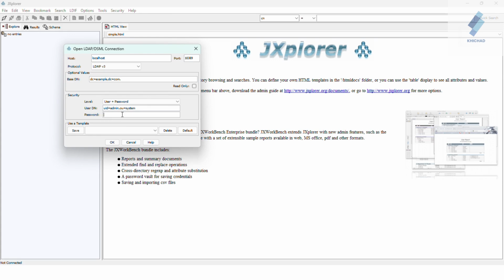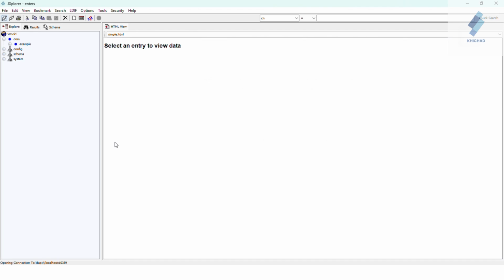So just click on it, enter the password and select the template. If you have no template, use the default and click on save. And click on OK. Now you can see you are successfully logged into JXplorer with the LDAP login credentials.